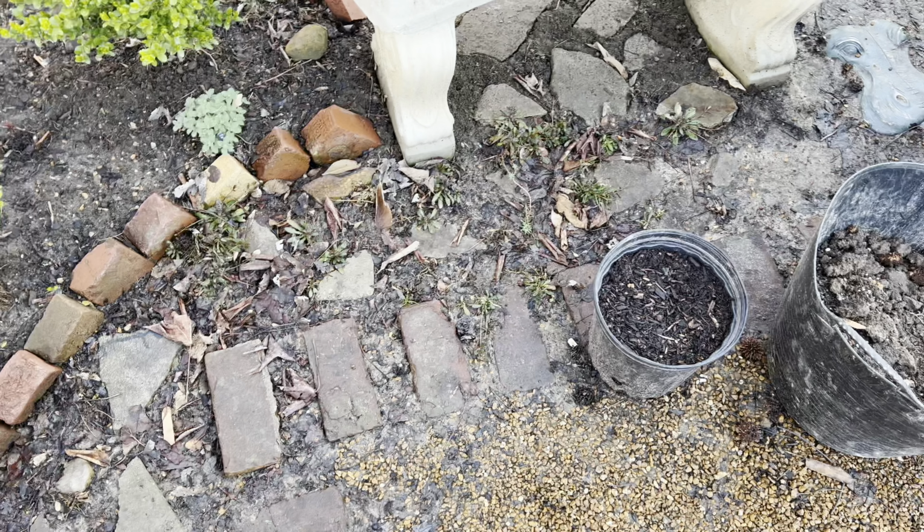The main reason why I'm doing this, because I could just dig the strawberries up, add soil, mix it all up, add some fertilizer. But the main reason why I want to do this is because the liner is trash. The liner is a goner because it's supposed to come all the way up here. But I've had to cut it because it kept ripping and it just got old. So I'm going to be replacing the liner,